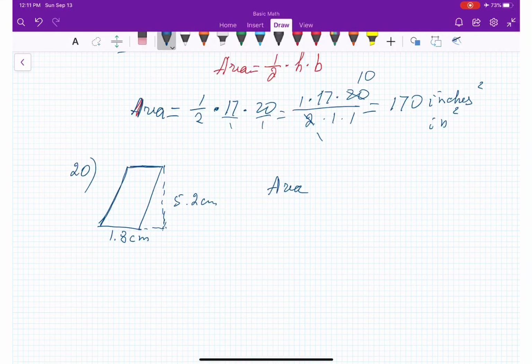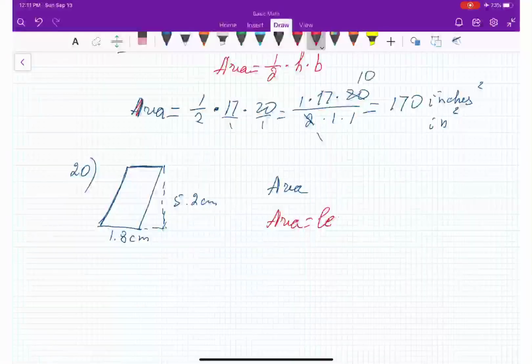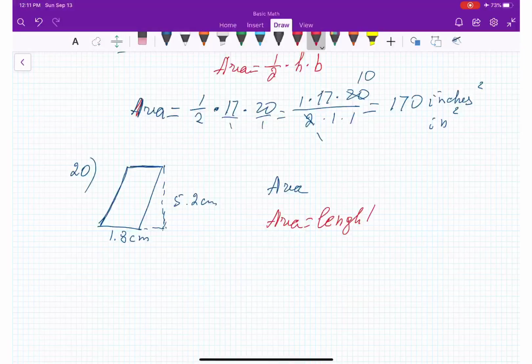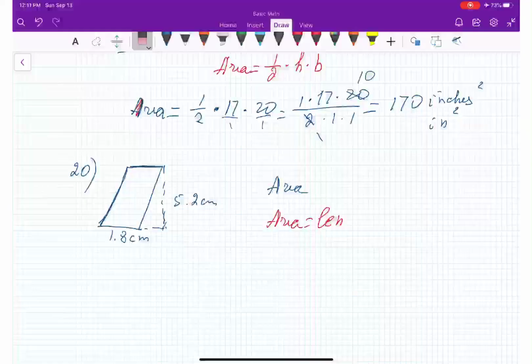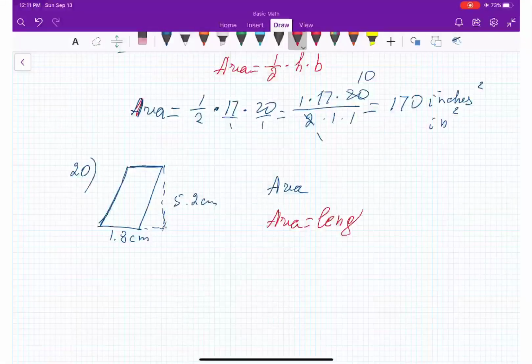Area for rectangle is equal length times height or width. It's the same thing in some cases because it's standing now. So okay, so what it's going to be equal,